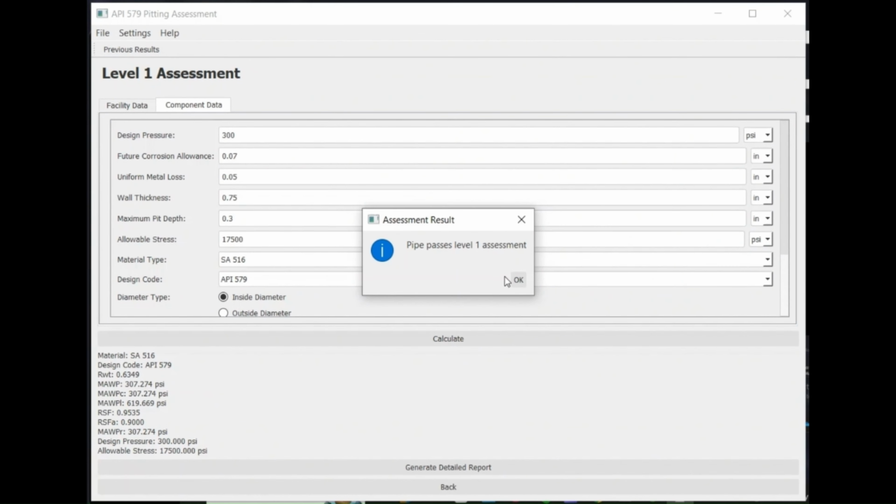Once it's done, it displays the pop-up that says pipe passes level 1 assessment, and down here you can see the different results: the material type, the design code, the API 579, and the standard that has been used. And this is all from the drop-down from material type and design code, and it also displays all values. Once you click on the OK button,